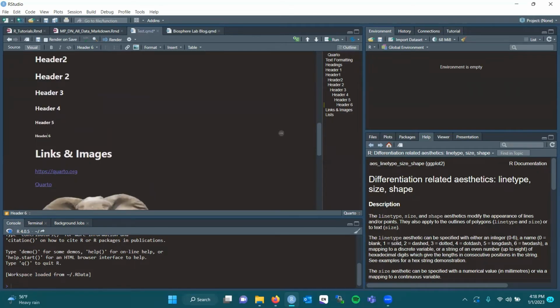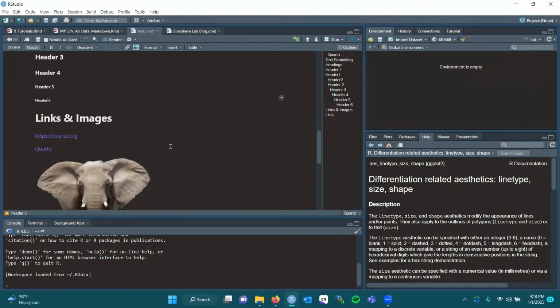Now let's move on to links and images. And we're going to keep this brief. We're not going to necessarily get through all of it. We're going to get through the first three, and I think that should be sufficient enough for today. So in links and images,